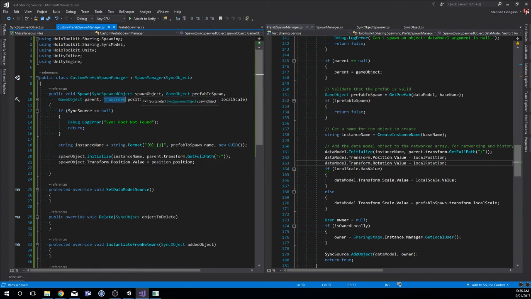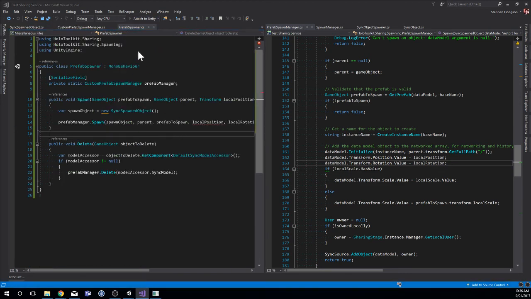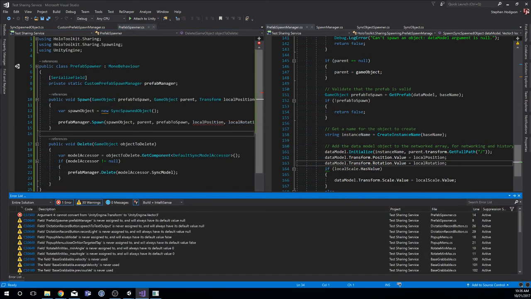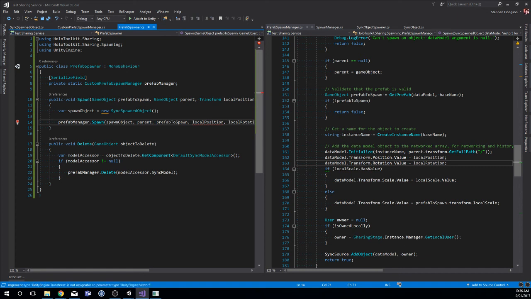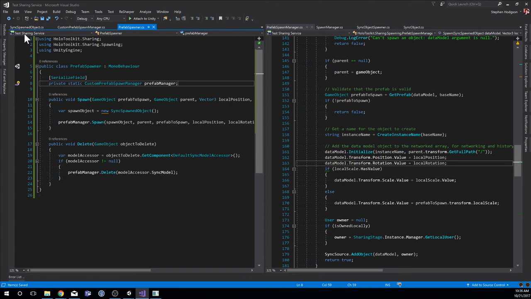This should be a vector 3. I did not want to attach to Unity. Yeah, let's change this to a vector 3. Yeah, little things like that. Okay, so